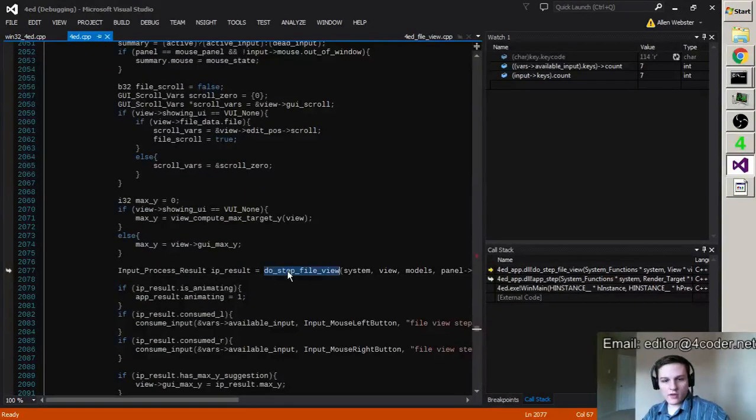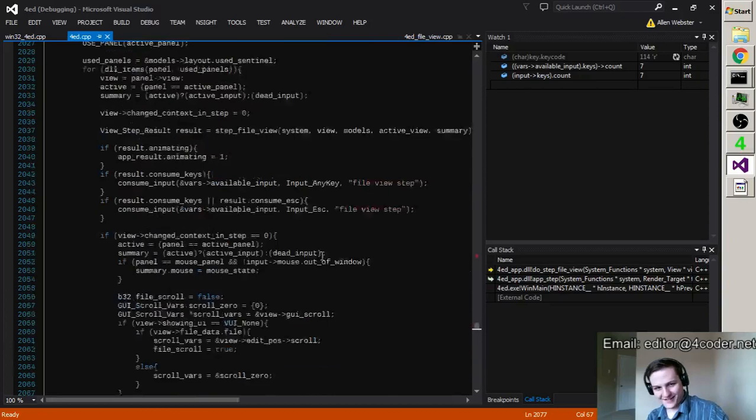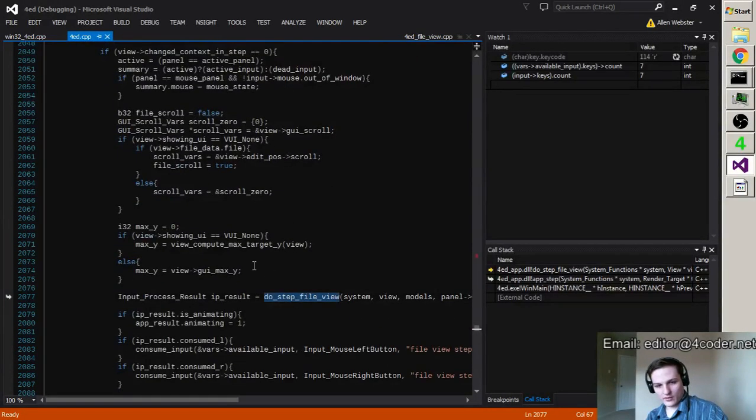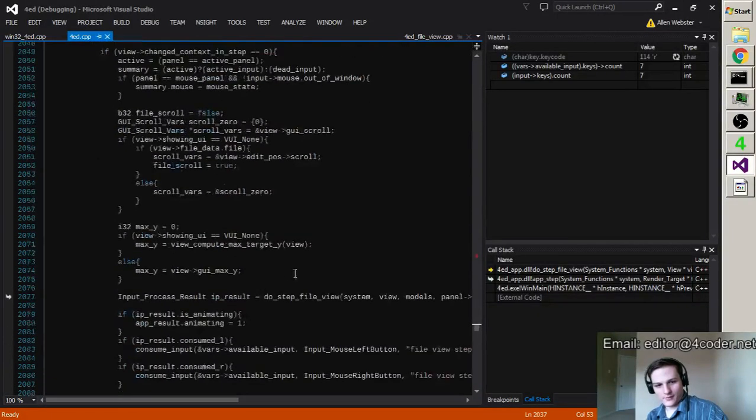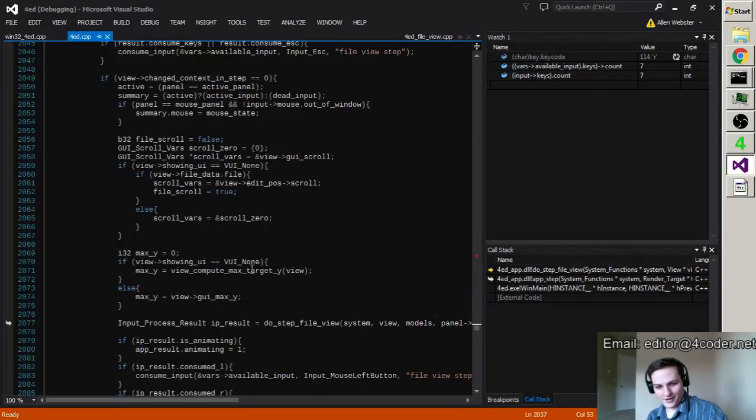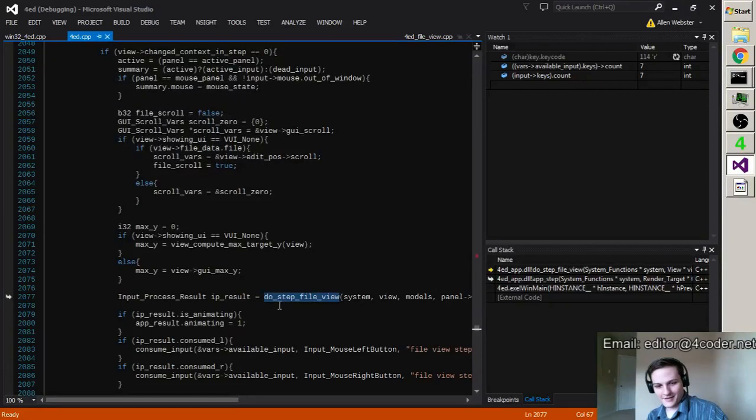Step file view and do step file view are totally different functions. This is the one that basically implements the GUI, and this is the one that implements the GUI, right? I'm not trying to be funny. It's hard to describe. This one is just a do of this one.